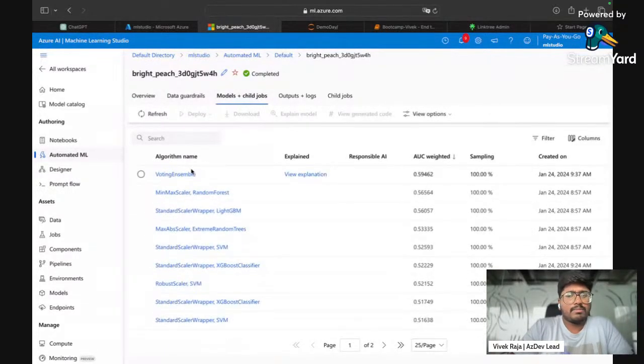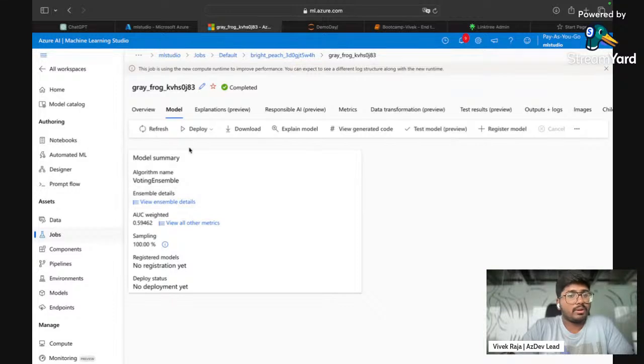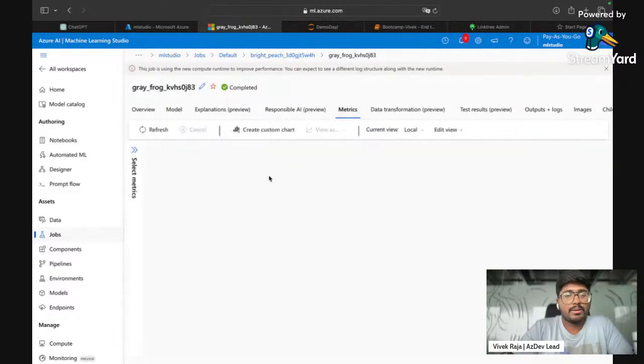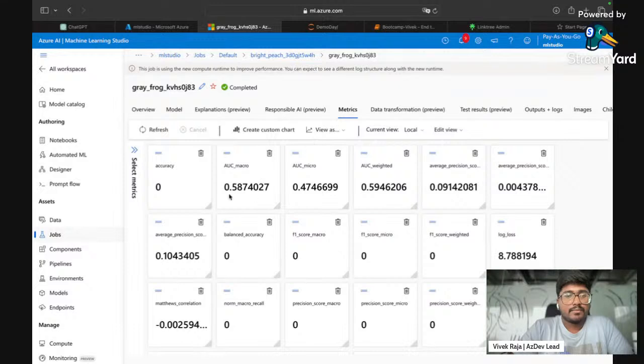The reason the model accuracy is bad may be because of the sampling and so on. This is where people ask whether it can give the best model. No, it might not always, so this is where you have to put in your expertise to make it much better. This is the best model according to the data it trained on, and it shows the metrics along with it. AUC is this one, and so on. You don't need to care about accuracy here, it's the F1 score and so on. But anyway, our goal is not to learn machine learning here, it's about how to do machine learning. So let's ignore that part, and this is how it looks.